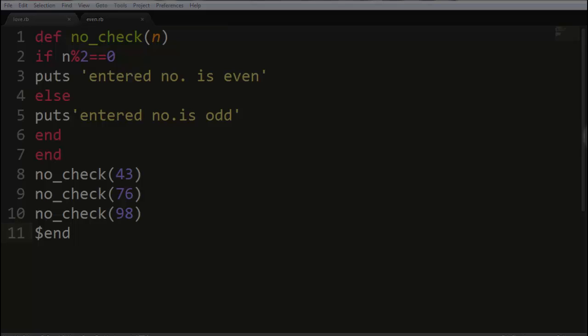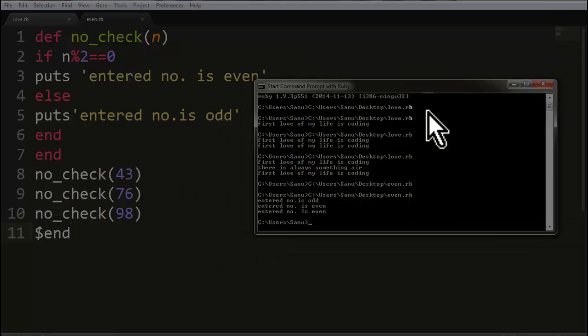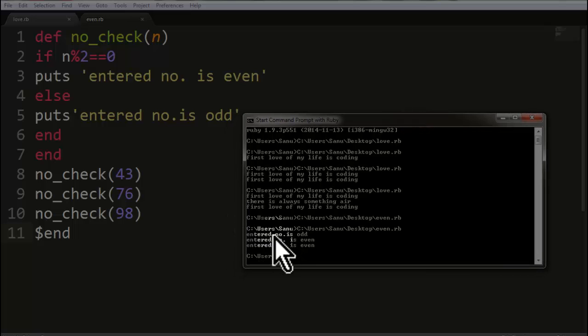We have saved it and we are going to call our function. Just see here in our command prompt it is showing the first result: entered number is odd. Here just see 43 is an odd number. That's why we are getting the result as an odd number. Here we have created a function which will check whether the given number is even or not.